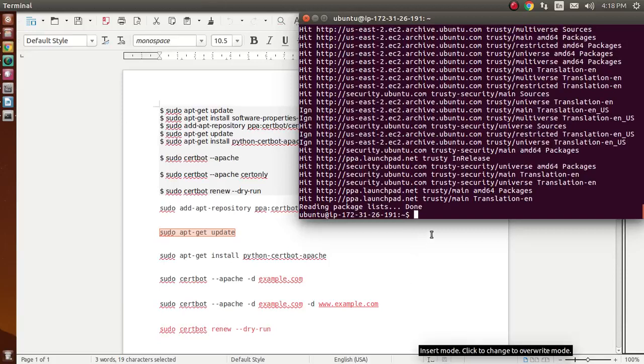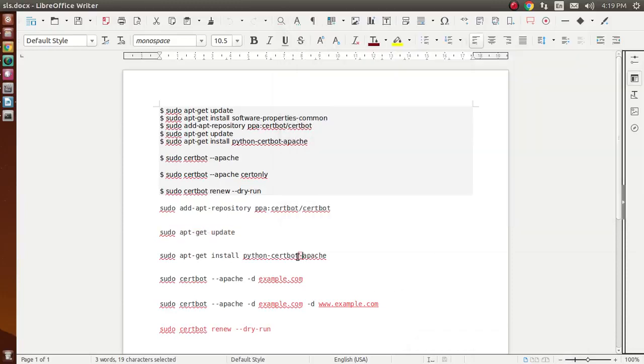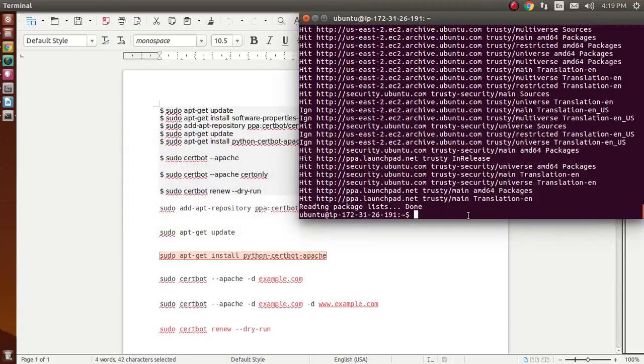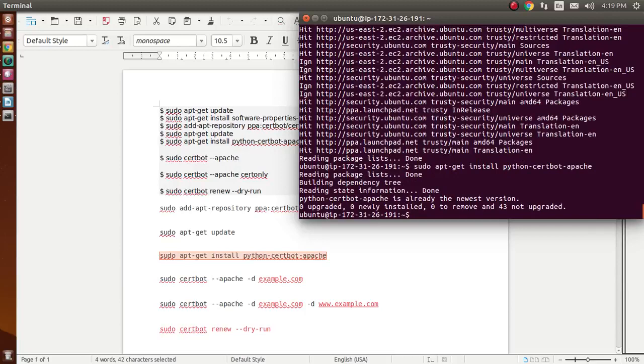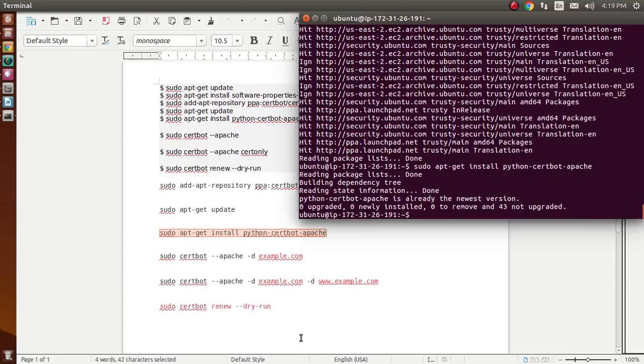Then we install Python Certbot Apache. After that, the next step is to set up the SSL certificate.